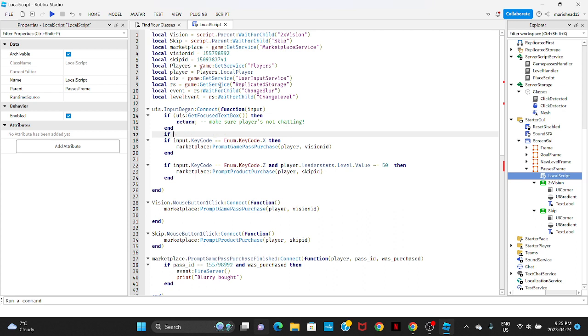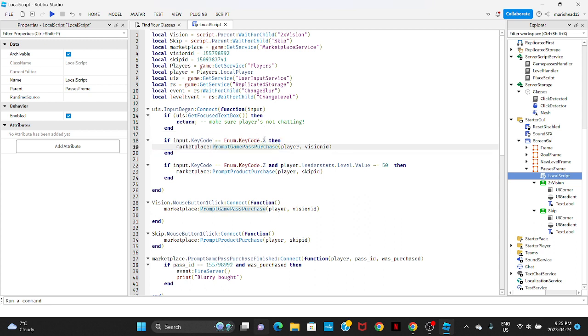Well, whatever. It's basically to check if there are any keys pressed. I have this if statement here, and you can just copy and paste this into a game. It's just making sure the player's not typing in the chat. If they're typing in the chat, that doesn't mean they want to buy your product, so you just want to make sure they're not in the chat. If they are in the chat, we don't want to do anything. If they press X or Z in the chat, we don't care. So if they're not in the chat, then